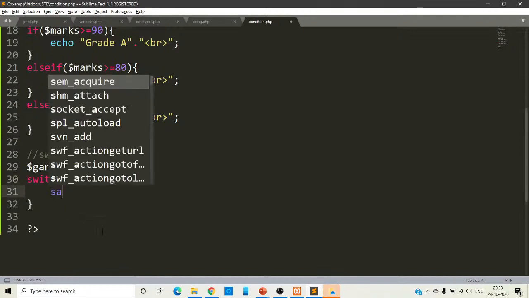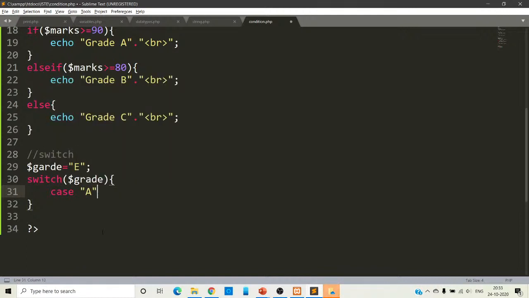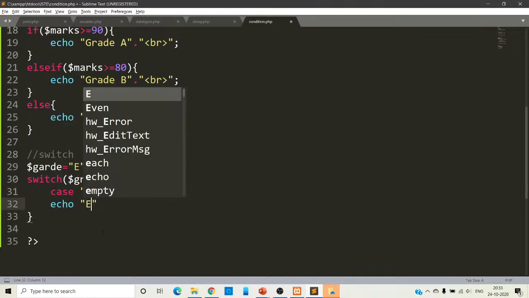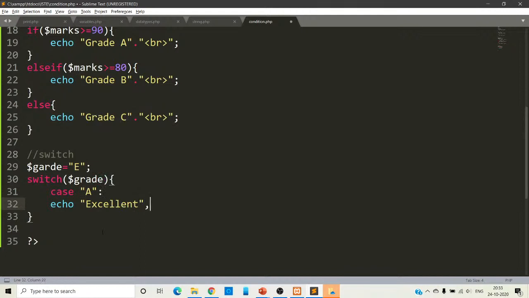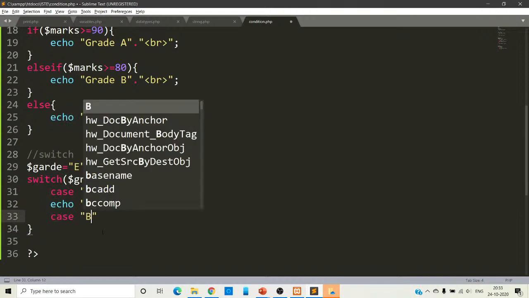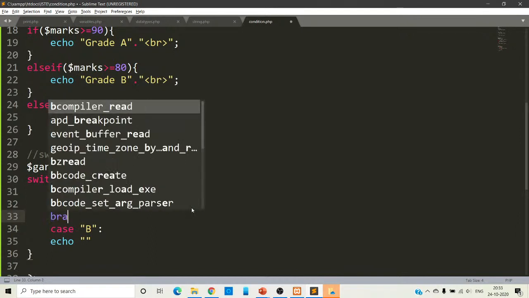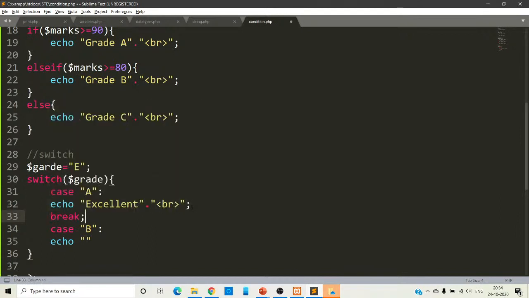Just add one case, like if case is A, it should echo excellent, and case B, it should echo. Yeah, one major thing, don't forget to add a break statement, otherwise it will keep on executing all